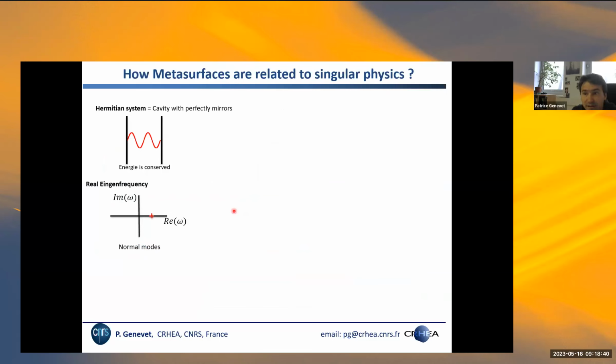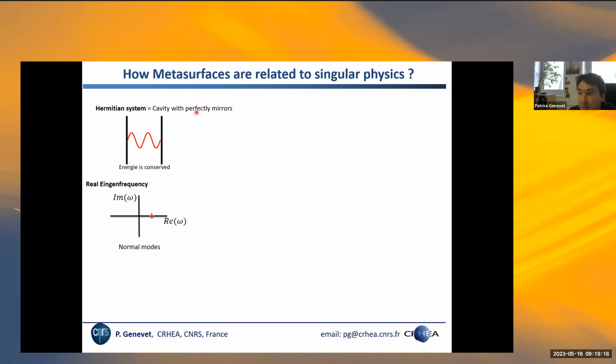Why do we have singularities in photonics, and why is it important? To understand that, I would like to mention the fact that metasurfaces essentially are systems that are interacting with the environment. In fact, any optical devices are interacting with the environment. You are sending the light in, and you are using the device to essentially project light outside or focus light, right? So you have interaction. So you are not operating in a system which conserves light inside, right? So you don't have energy conservation.